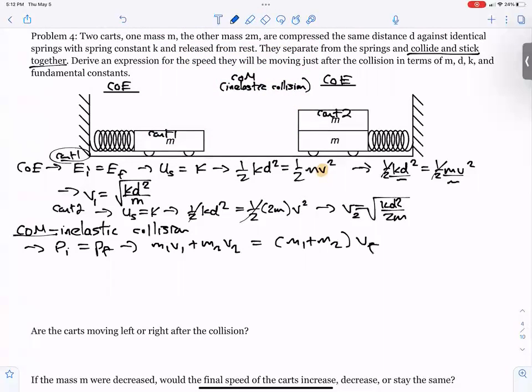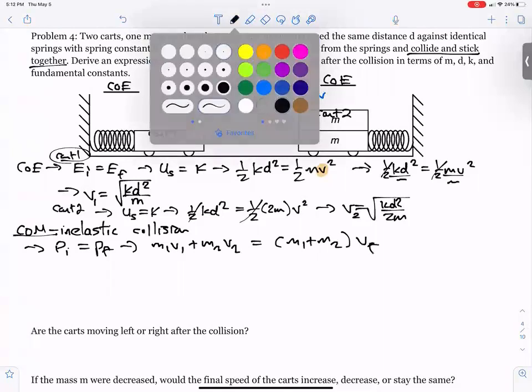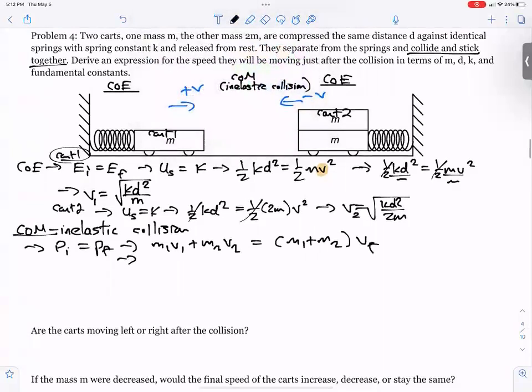Now, we need to establish a reference frame. I'm going to suggest that cart 1 going to the right would be positive velocity and positive momentum, therefore, and cart 2 going to the left is going to be negative velocity and therefore negative momentum. So this would change to, and we're going to actually substitute variables now,